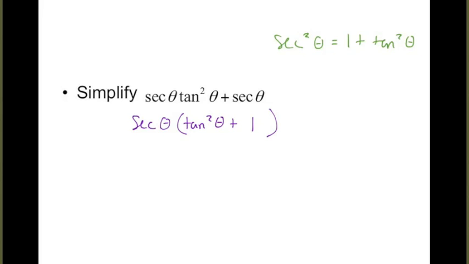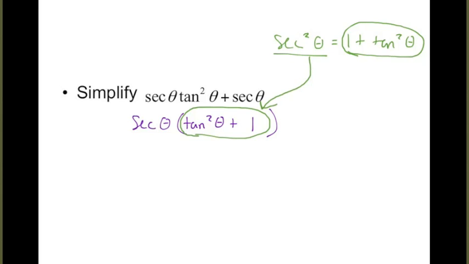The reason why I'm choosing to look at that one is because it looks a whole lot like my problem. So in here I have a 1 plus tangent squared, and here I have a 1 plus tangent squared. Because remember, adding 1 plus 2 is 2 plus 1. It doesn't matter what order those are coming in. So those two things that are circled are exactly the same. What that means is I can take this thing it's equal to and plug it right in and substitute or switch it out. So I'm going to rewrite this now